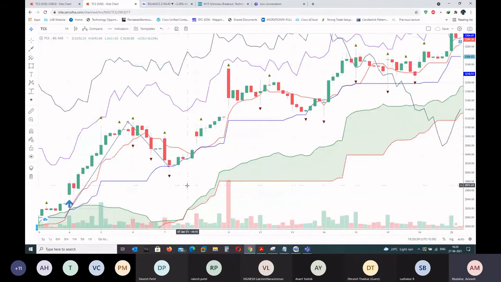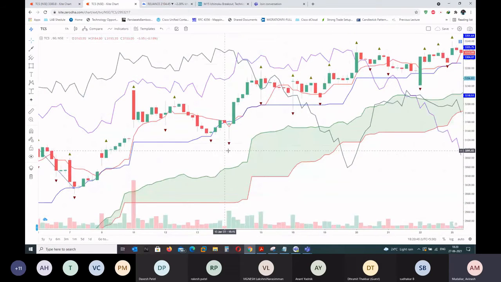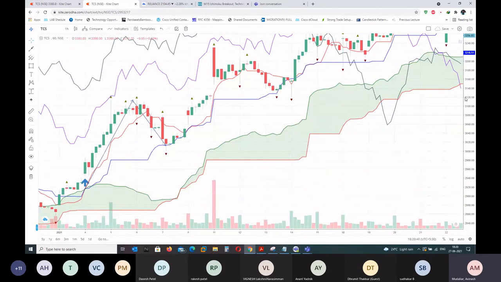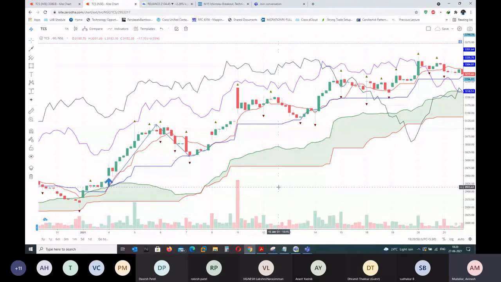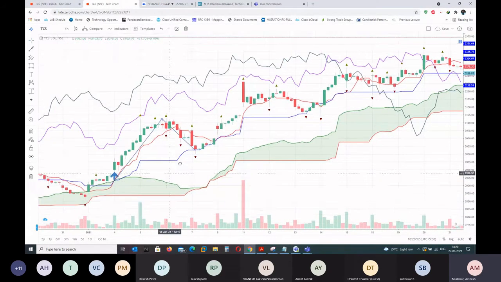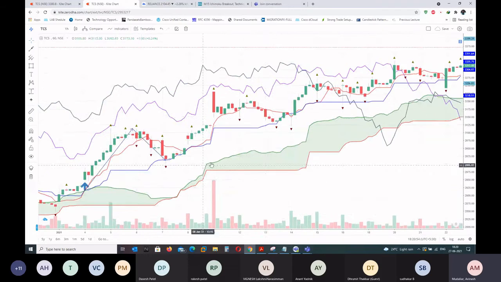But if you're a person who simply buys blindly, then only buy at the first touch. Second touch, third touch, don't buy. Especially for the weekly time frame, weekly, monthly, always go for the first touch. On the shorter time frame, you will see many retracements. When the trend is strong, you will see many retracements. But for the really huge time frames, always go for the first touch only.